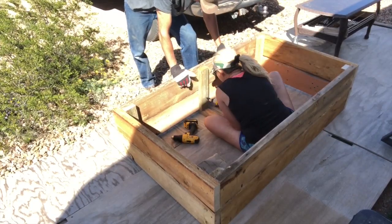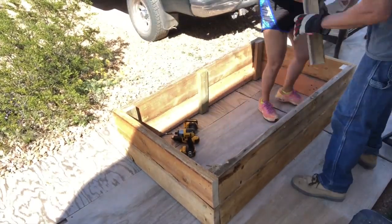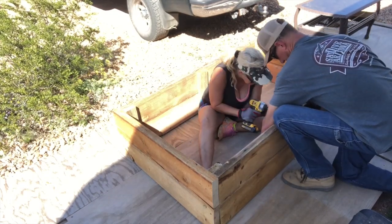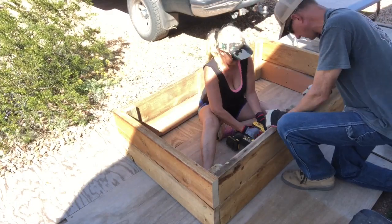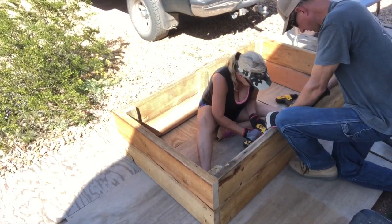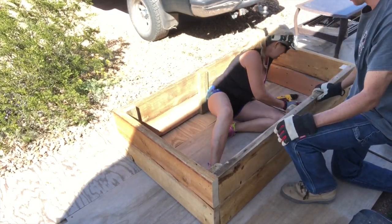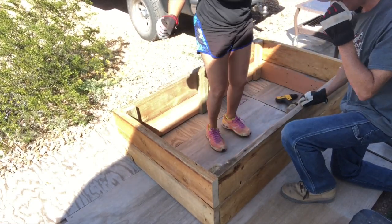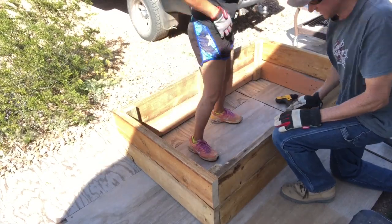So this is it, just about finishing up the box here, and then we'll move it over and start putting our lid or our cage on it to protect it from some animals. So that'll do it for the box. There you go. That's it. Yay! Done. I did it! No, not really, but...